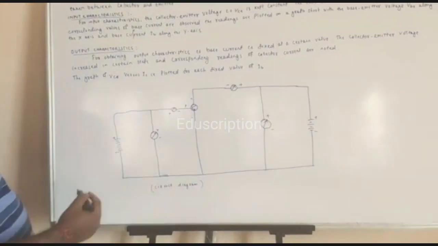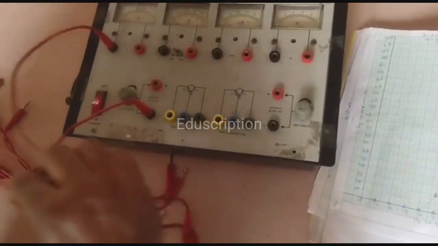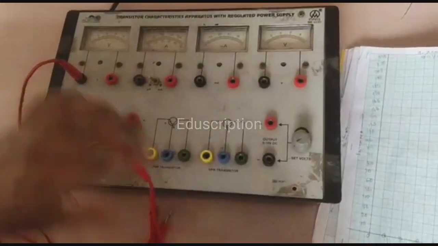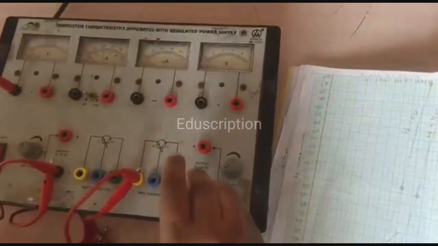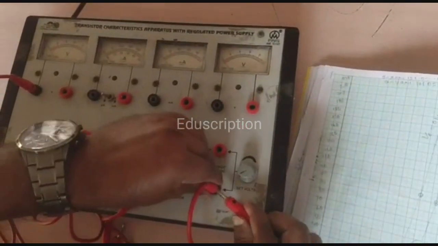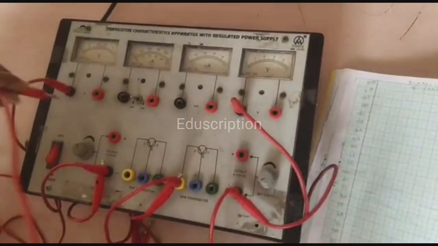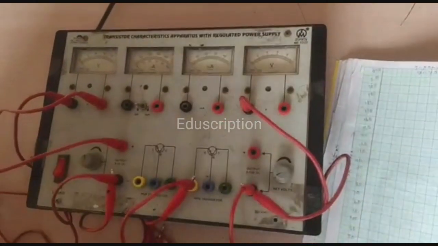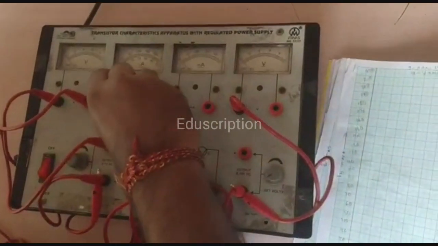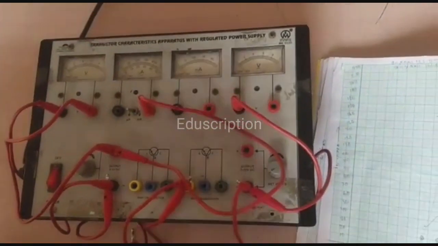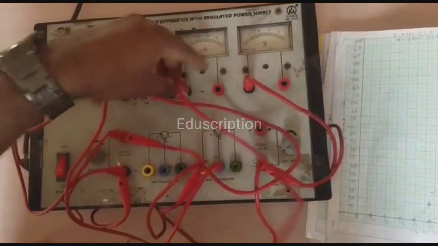for each fixed value of IB, and this one is a circuit diagram for common emitter configuration of BJT. See here, circuit connection is like this: voltmeter negative, source negative, emitter, source negative, output negative, voltmeter negative, voltmeter positive, output source positive, output, milliammeter positive, milliammeter negative, base, milliammeter negative, collector,